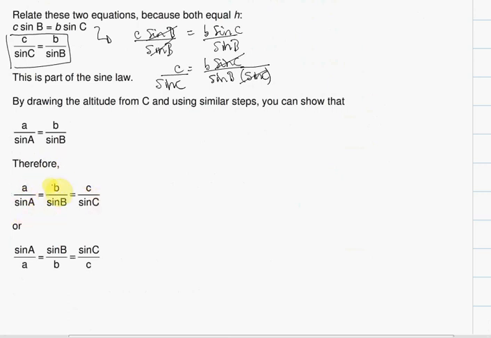A over sine A equals B over sine B equals C over sine C, or you can put sine A over A, sine B over B, and sine C over C. Okay, so the next part of